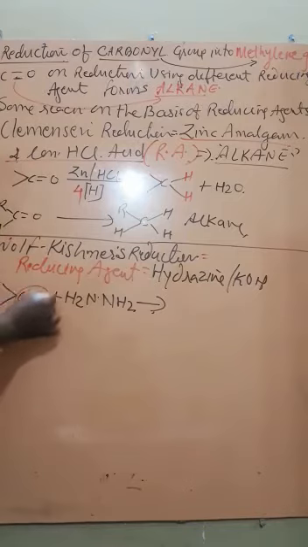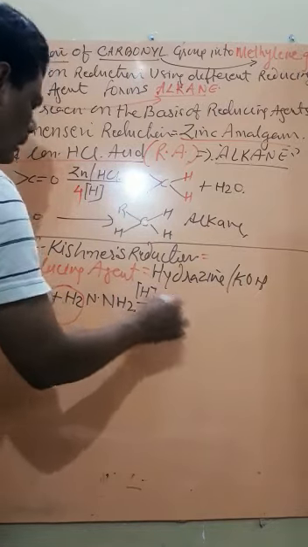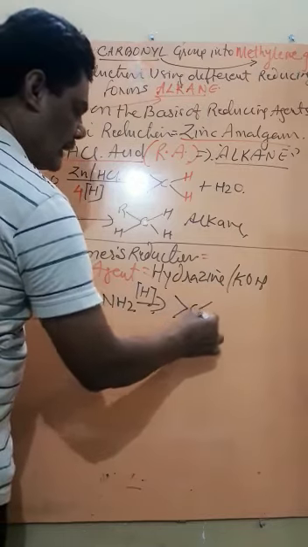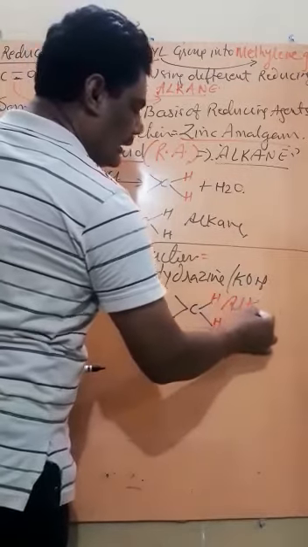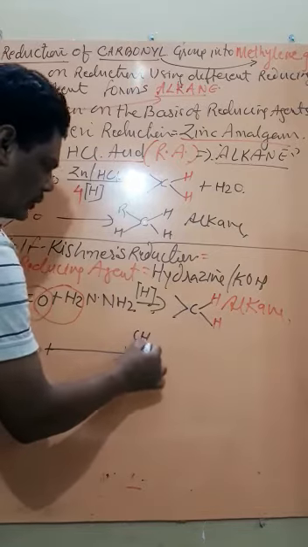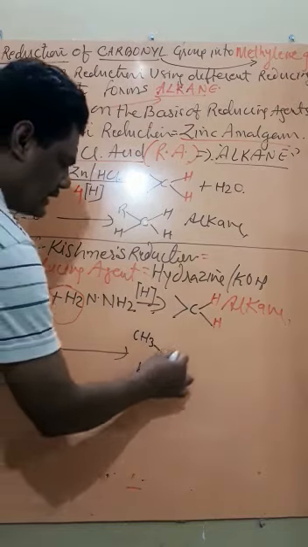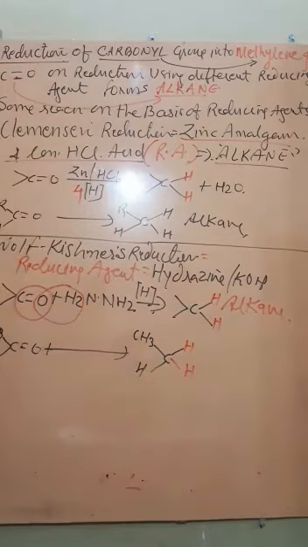This is called carbonyl group. Okay, it is getting reduced by what? Hydrogen. Okay, like here it will again release nascent hydrogen forming C, okay, and this is H and this is H. So again this is what? Alkane. Okay, like here, if you are writing CH3, C double bond O, and this is H, means what? Acetaldehyde, plus the same condition will convert into CH3CH3, that is the compound becomes what? Ethane.